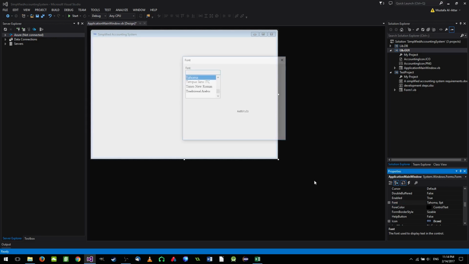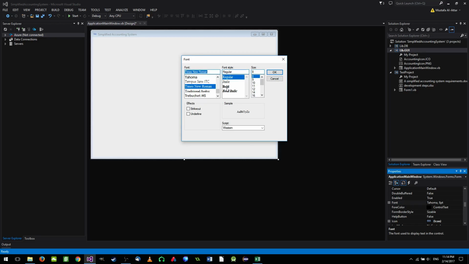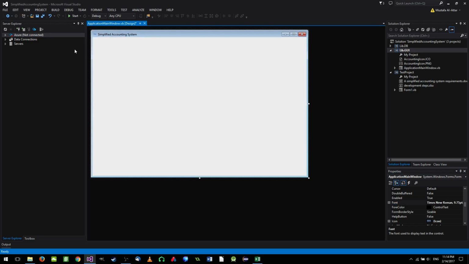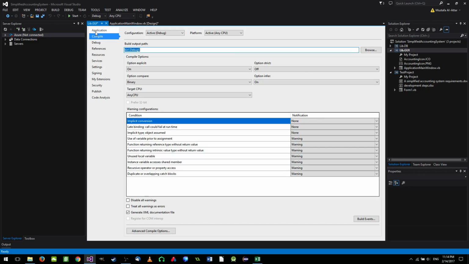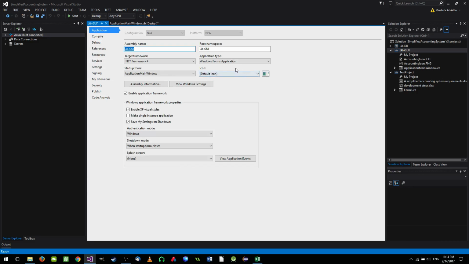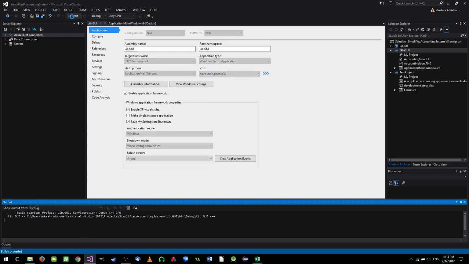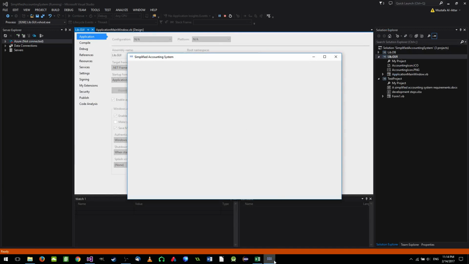I'll change the font to be Times New Roman and bold and 10. Maybe, yeah, 10 will be great. Okay, we finished this one. Also, we want to go here and display the properties of the project and go to application, the default icon. I'm going to select the accounting icon here. Now let us run the project, and as you can see here, down here now it's the icon of our